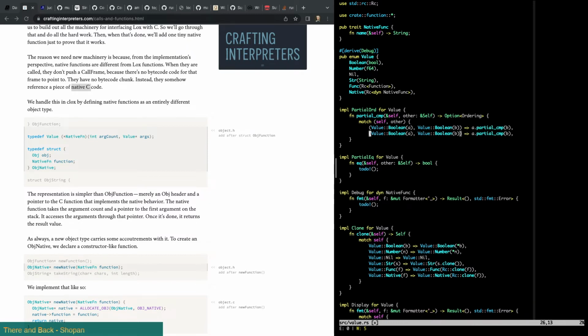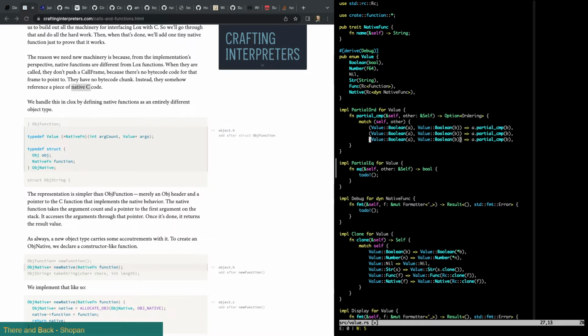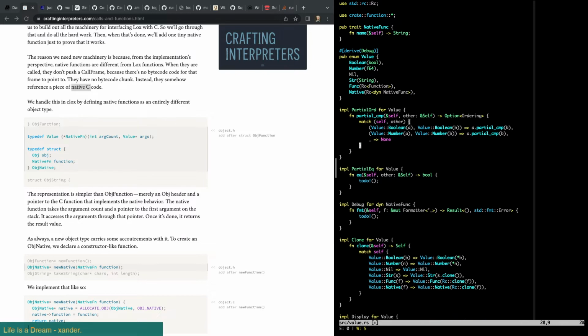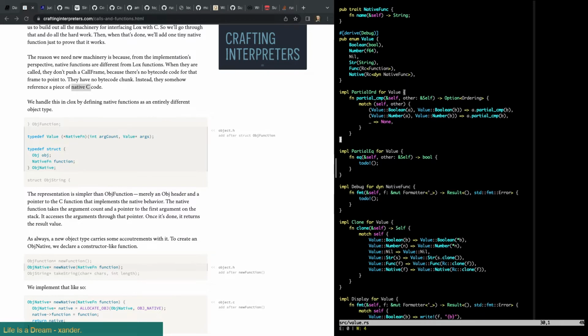And we can do that with number. Nil we get for free because it's going to always be false. Can you do string partial compare? I don't think you can. Say number, and I think everything else will just say none, rather. Yeah, that works.